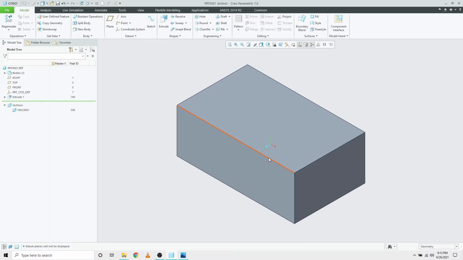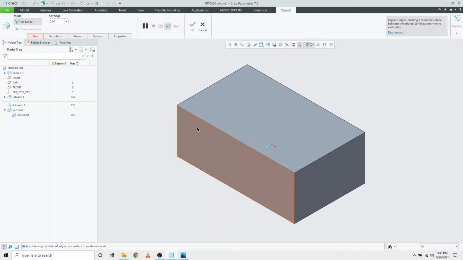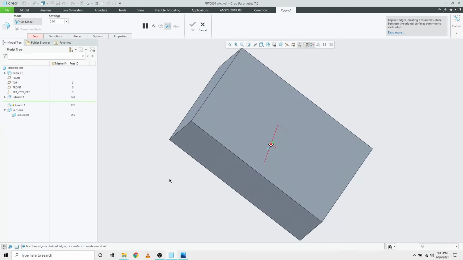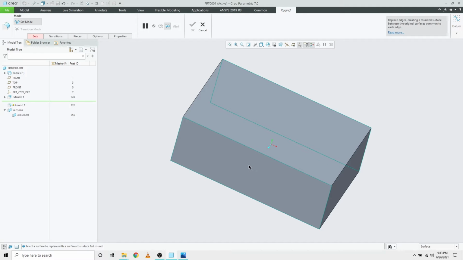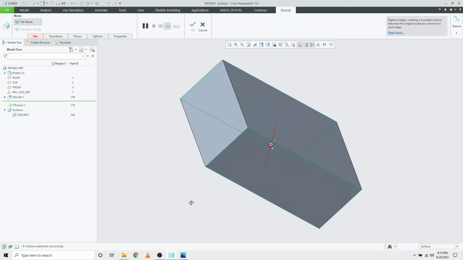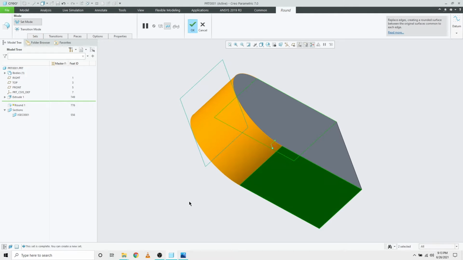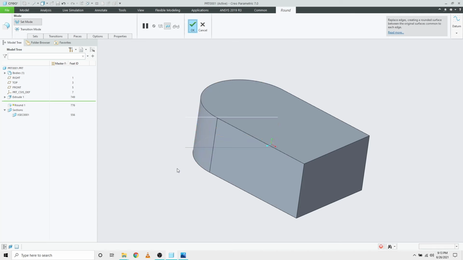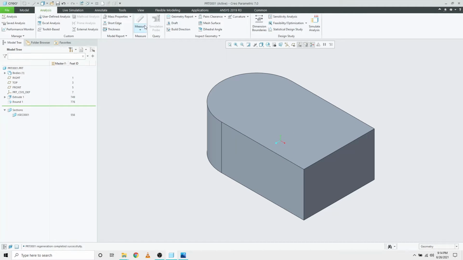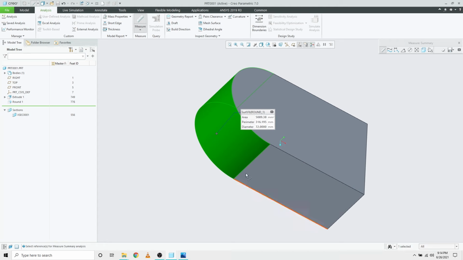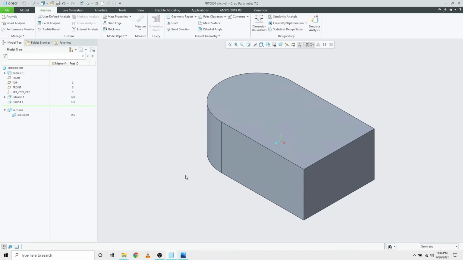So what we are gonna do now is we have an engineering feature called round. If I go to the round tool, I can make a round between these two surfaces. This surface here, and pressing the control key and selecting this surface. So Creo Parametric is prompting me to select a surface which acts as a driving surface. So I'm gonna pick this surface. So it makes a round. You can verify that it is of 72 mm diameter by going into the analysis tab, clicking measure, picking this surface. You can see that the diameter is 72. So my sketching makes sense.